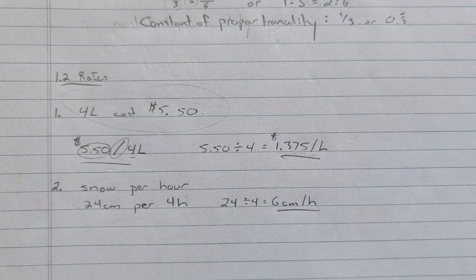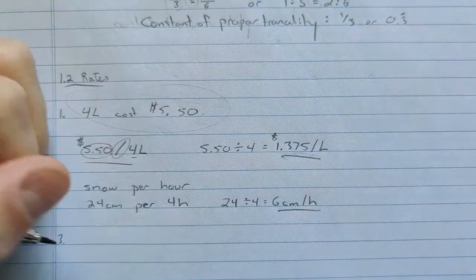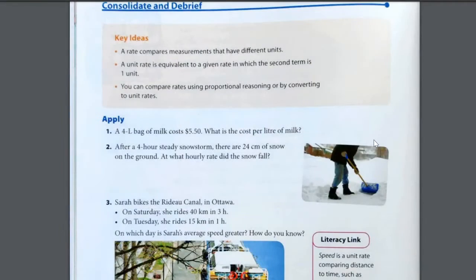Looking at a comparison one now. Number 3 here is going to be a comparison type of question. In number 3, we have Sarah riding down the Rideau Canal, and on Saturday she rides 40 kilometers in 3 hours. On Tuesday she rides 15 kilometers in 1 hour. And the question is, on which day was her average speed greater? How do we know? Well, the best way to compare